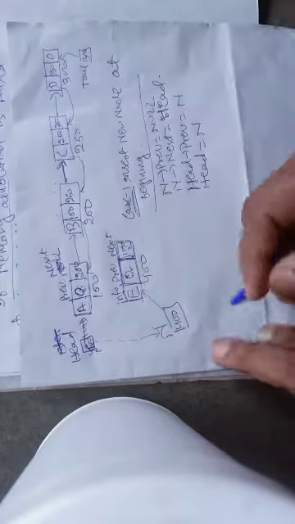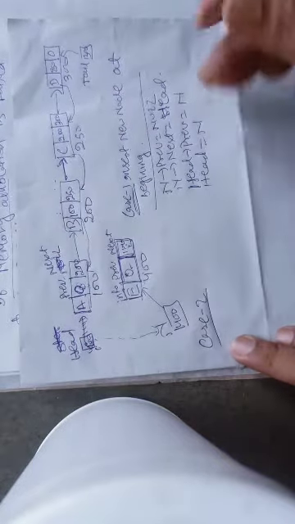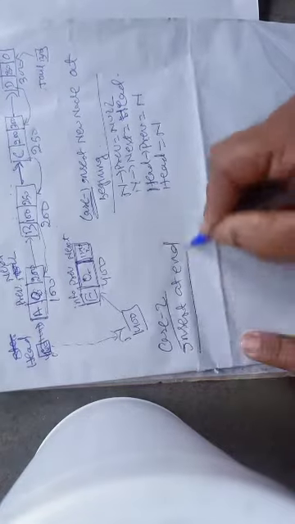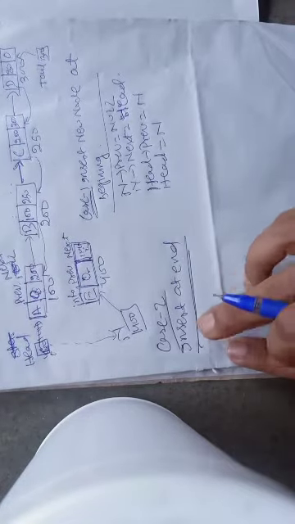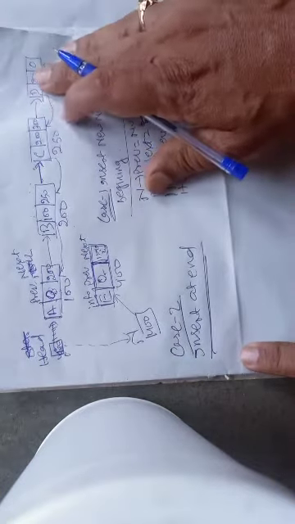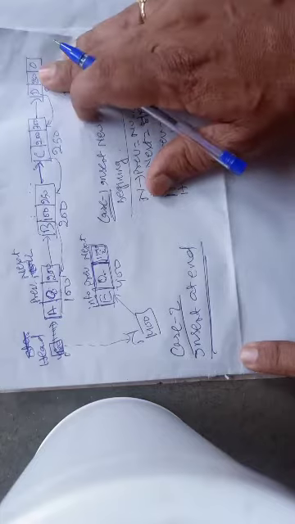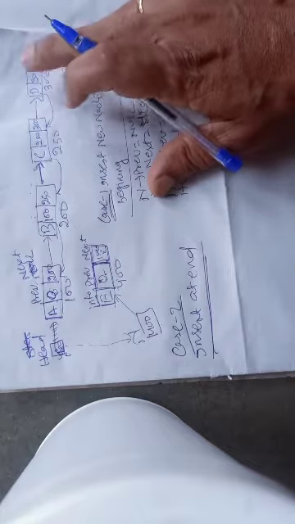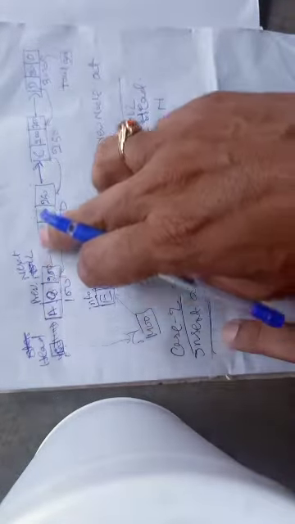When I want to insert a new node at the end, what changes do I have to do? See, now let us assume case 2. Case 2 means insert new node at the end. When I want to insert this new node at the end, definitely I need the address of the last node. This is my last node, so I have to find the address of this node. Since it is a doubly linked list, to know its address I don't need to traverse from first to last.